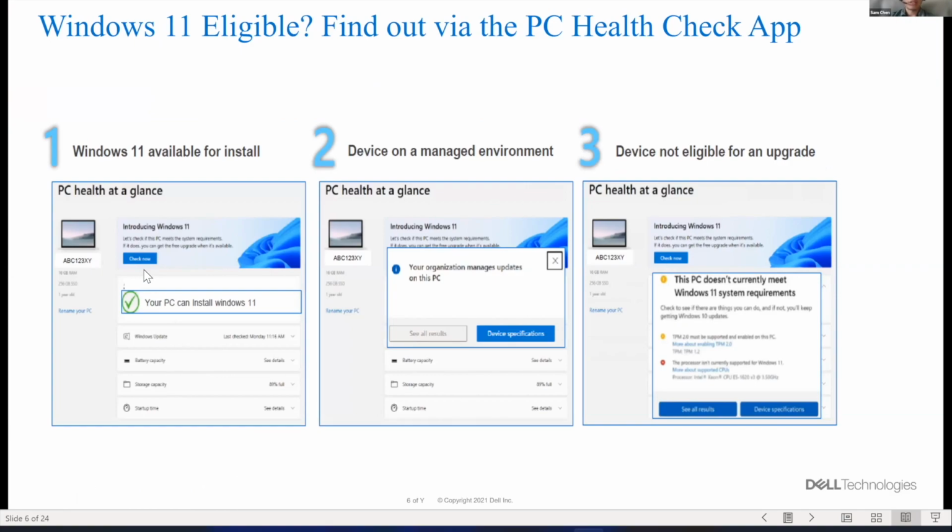The first one, if your device is eligible for Windows 11 and you run the app, it will show your PC can install Windows 11. And when the time comes, Microsoft will push Windows 11 to your device. The second one,